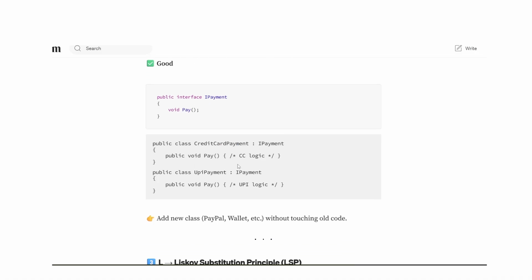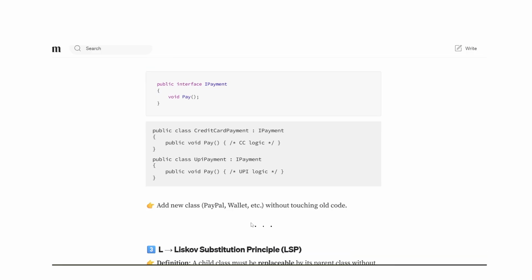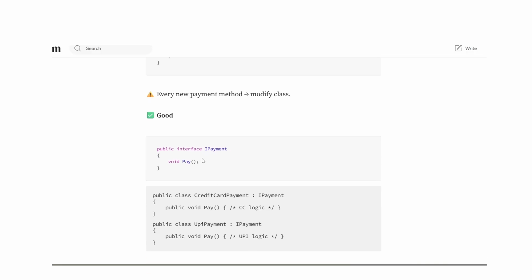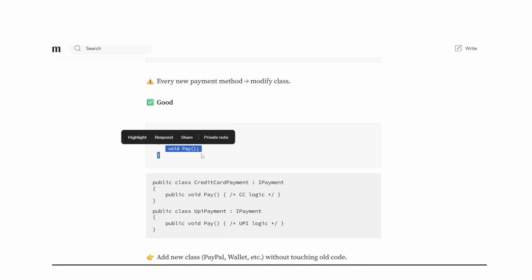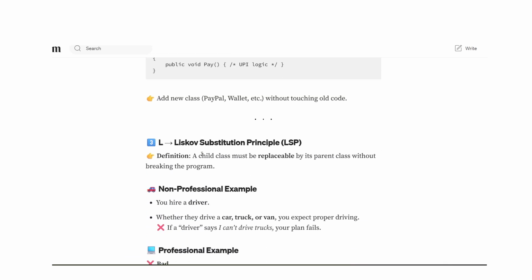For credit card we put the credit card logic and for UPI we put the UPI logic. So we can add a class without changing the old code. If we want to extend this interface, we can easily extend it without changing this method. So this is the Open Closed Principle.